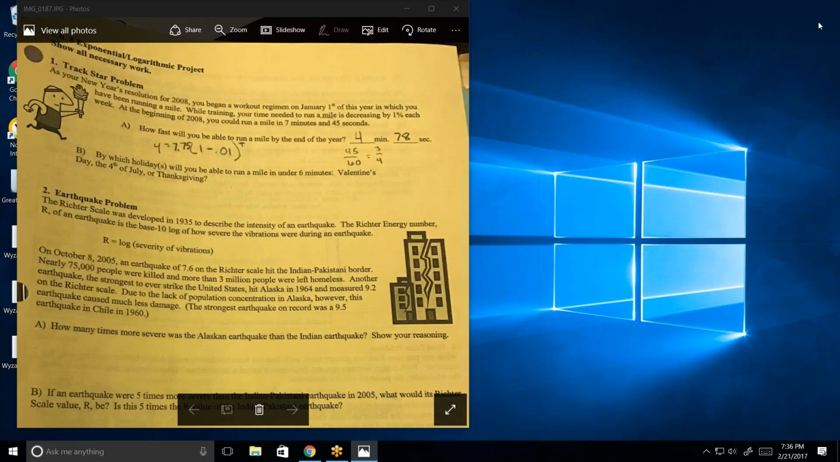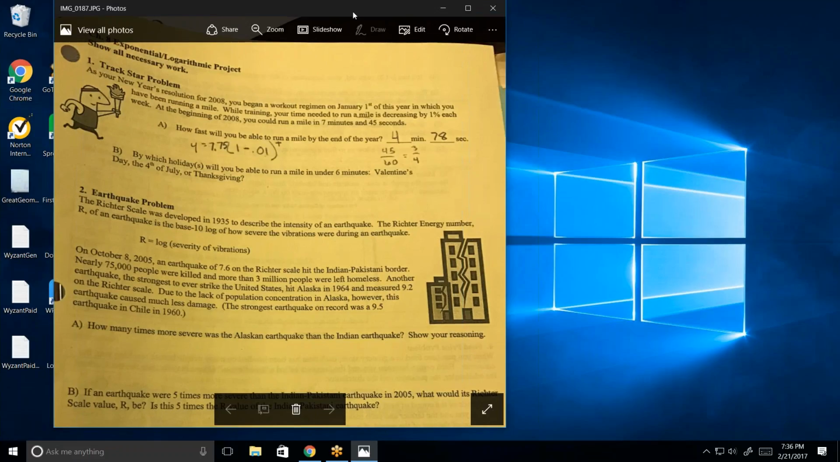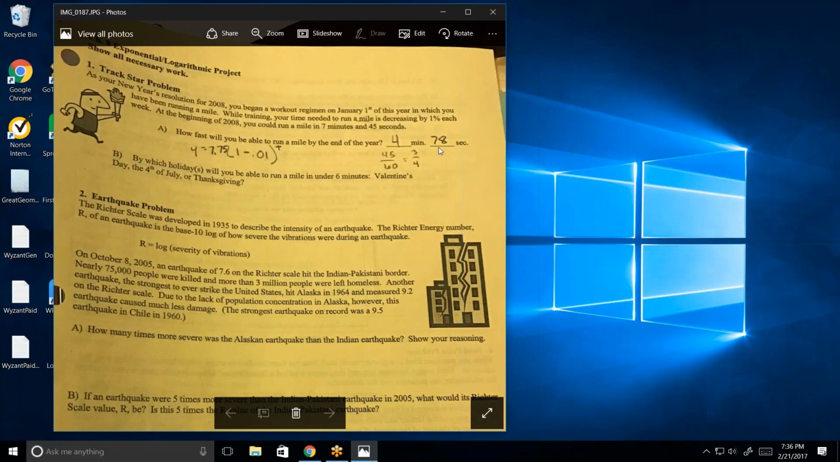That doesn't make sense. Going from 4 minutes to 78 seconds doesn't really make sense, because for one thing, that's 5 minutes and 18 seconds. So you've got to be a little careful. When they said 7 minutes and 45 seconds, you wrote it